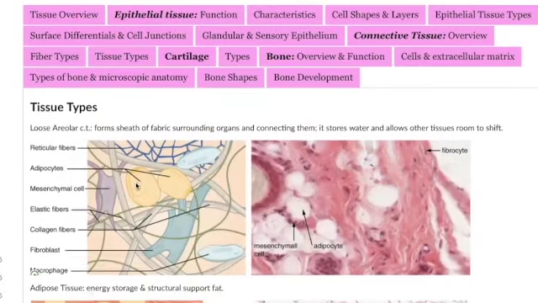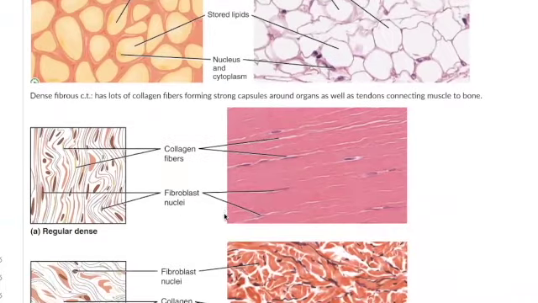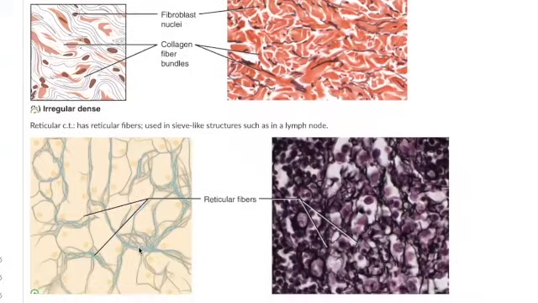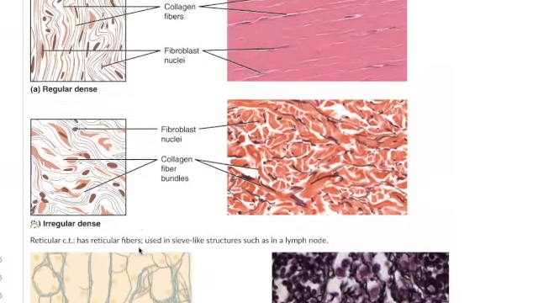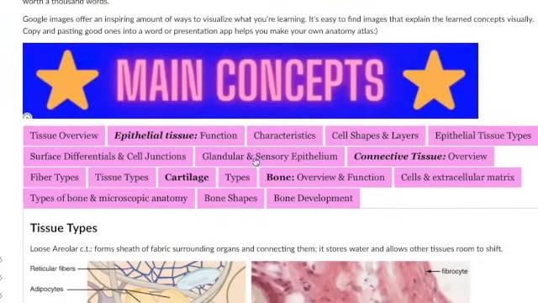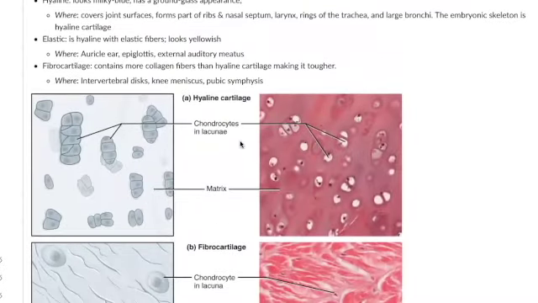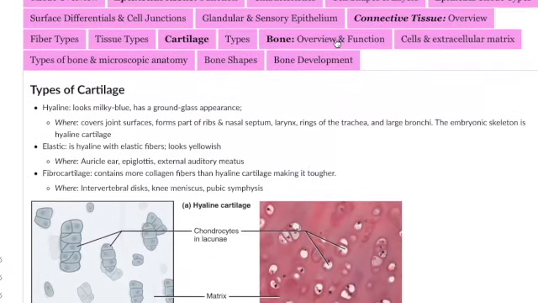Connective tissue is like everything. Adipose tissue is connective tissue, tendons are connective tissue, cartilage is connective tissue, bone is connective tissue, blood is connective tissue. So it's very vast, and the chapter talks about the commonalities and why it is all so vast. Then I'm going to focus on cartilage, which is the ends of bones, or the nose end, or the ears. And then I focus on bone